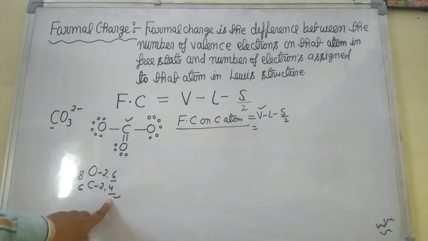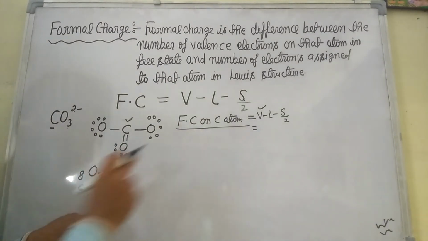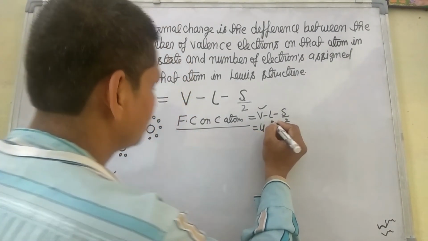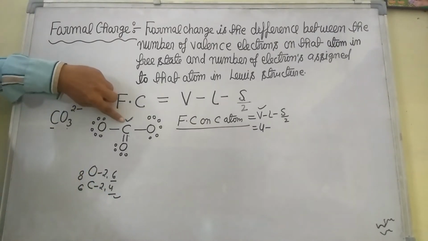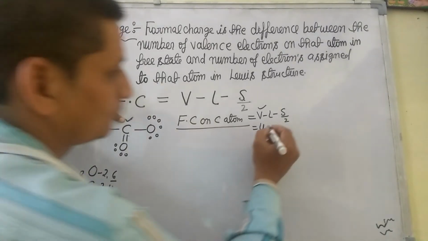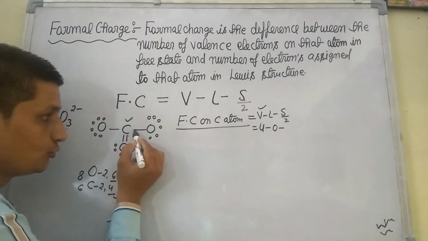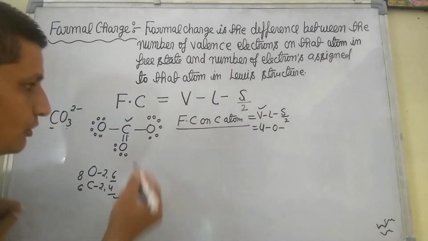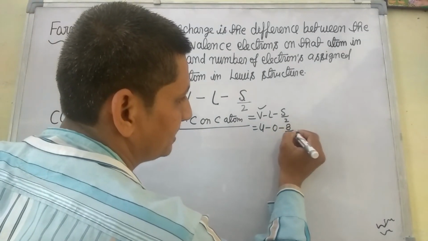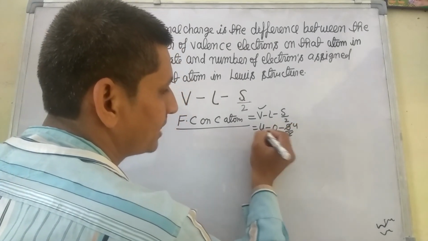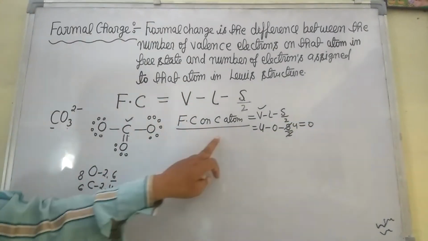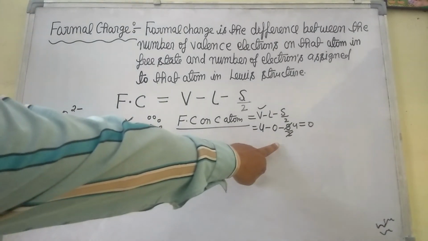So we can say that the formal charge here is, look here, number of valence electrons 4, so total valence electrons 4 minus lone pairs. The total number of lone pairs on carbon atom is 0, no lone pair present. After this, shared electrons: look here, count the number of bonds: 1 bond, 2 bonds, 3 bonds, 4 bonds. 1 bond is equal to 2 electrons, so 4 bonds is equal to 8 electrons, 8 divided by 2 is 4. 4 minus 4 cancel, we get formal charge on carbon atom 0. So the formal charge on carbon atom is 0.